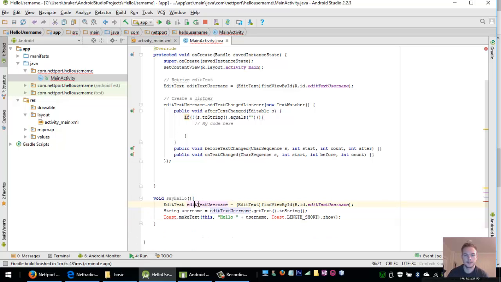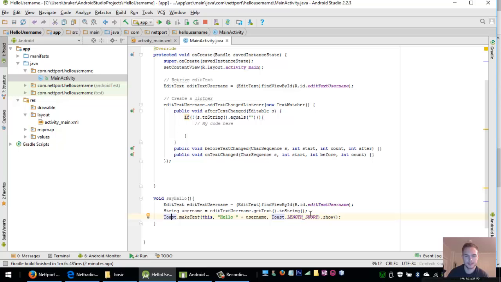It would do the same as over here. It would take the EditText username, find it, and convert it to a string, because the EditText username is now an EditText, not a string. So we convert it to a string by getText toString. So now we have username in string, and then it would write it out with a toast,